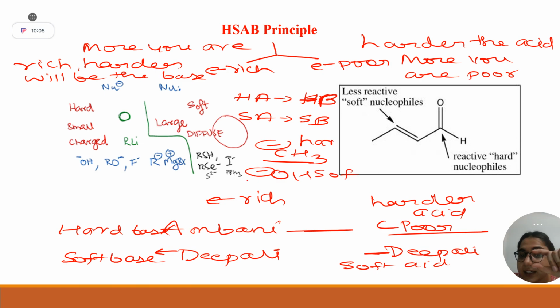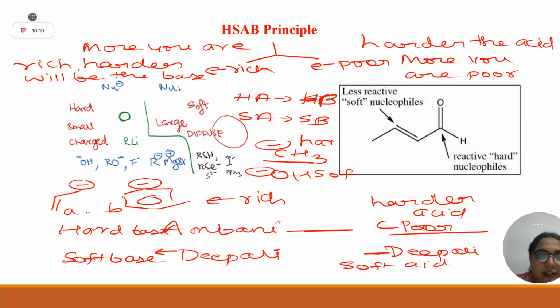Basically, you have to see the intensity of that particular charge, where it will be more. For example, in this case, this is your allylic and this is on the benzene ring. Now tell me among A and B, which is harder base? B. Because in B that negative charge is not delocalized, but here it is delocalized. So the intensity of this charge is less in case of A. Understood? Yes, ma'am. Okay.